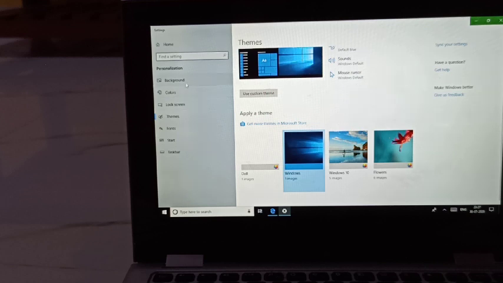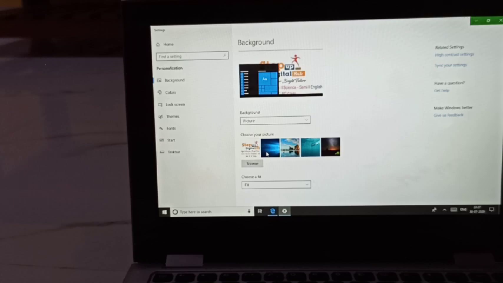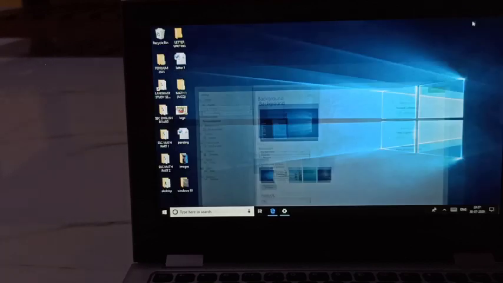If you want to change the background also, see here, click on the background. Here the background option is there. In this background option, your picture is also given, and your solid color is also given. Suppose I want to keep this. To change the picture, just click on it, right? Now I will just minimize it.